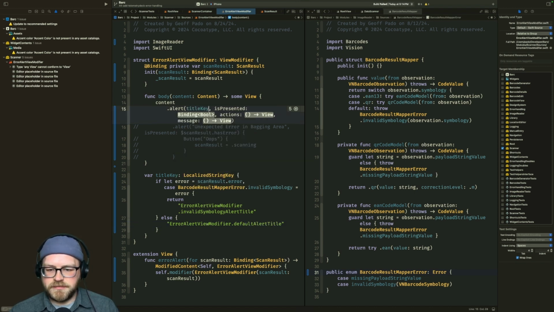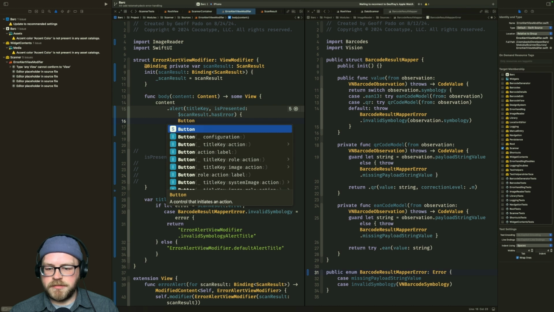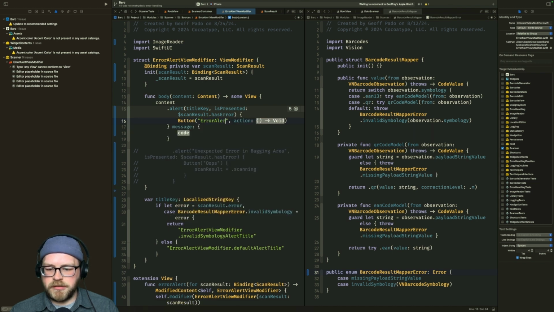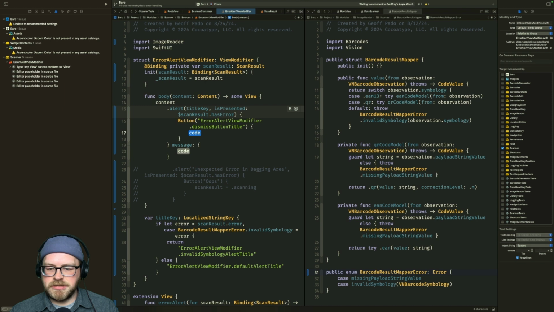Title key is presented. Scan result has error. Actions. Button. Error alert view modifier dot dismiss button title. Action is nothing. Action is scan result equals dot scanning. Message is,